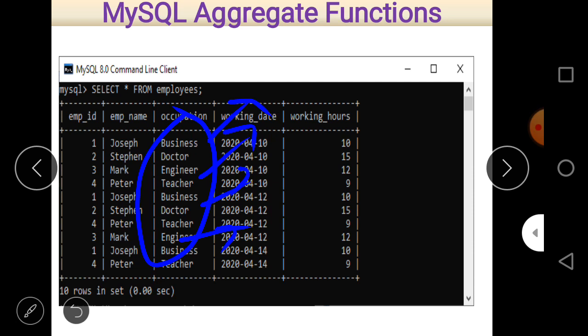It means if business appears two or three times here, suppose business appears 1, 2 and 3 times, then 10, and then 10, and then 10. So total is 30, I think, if I am not wrong.